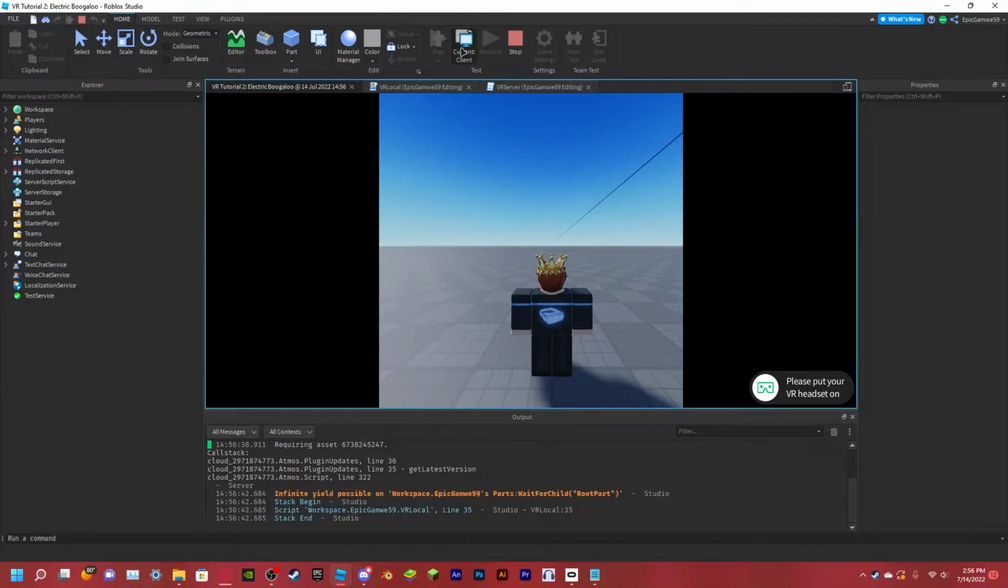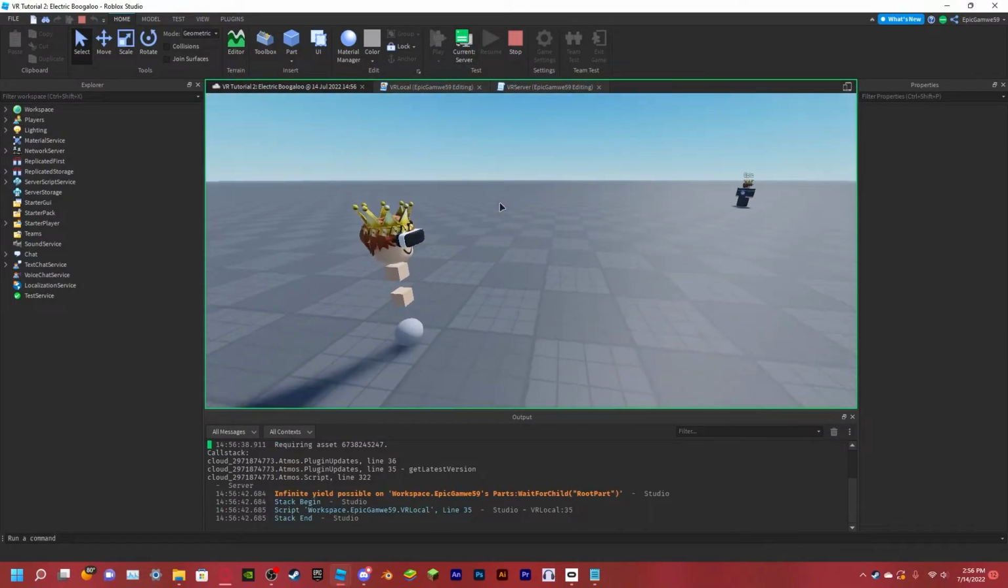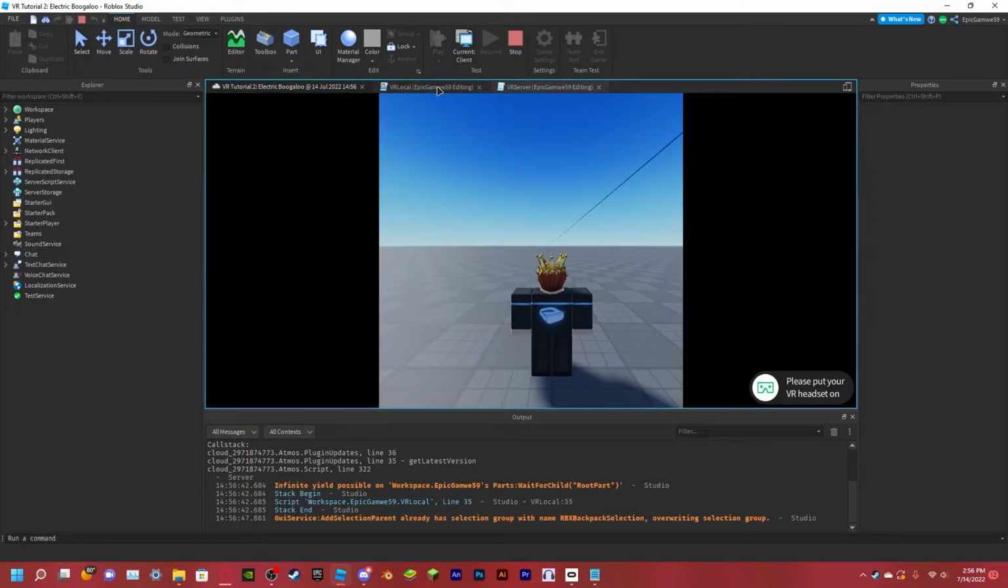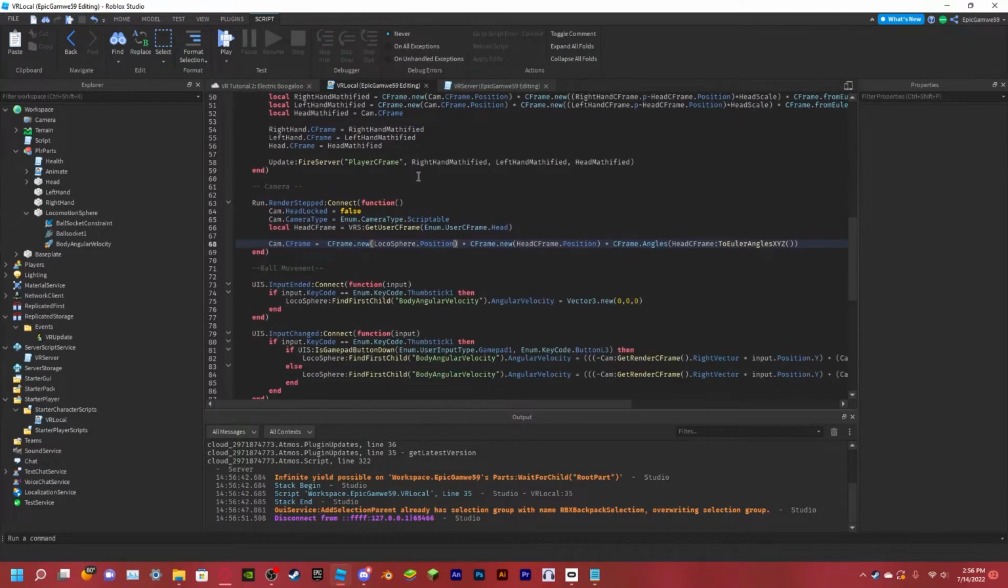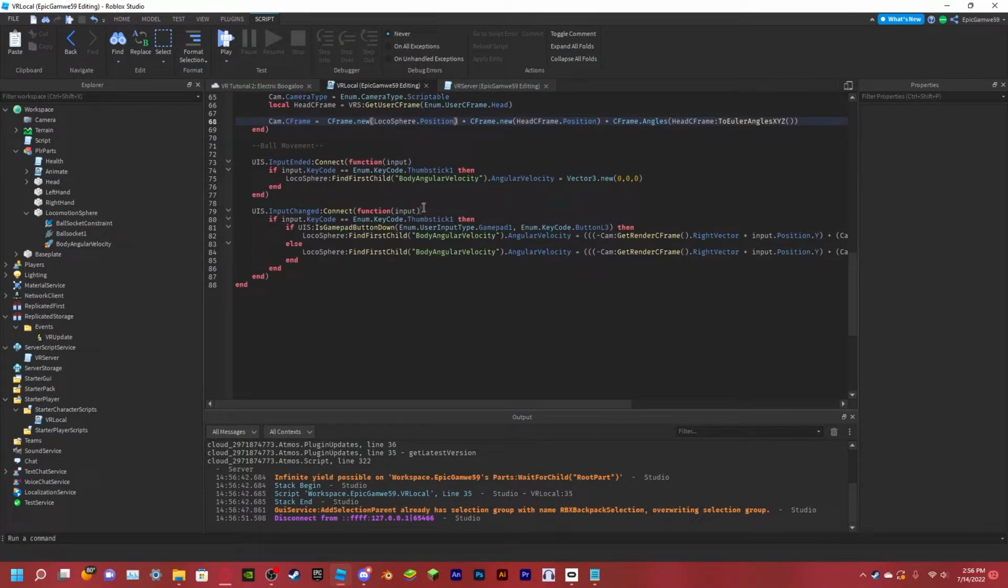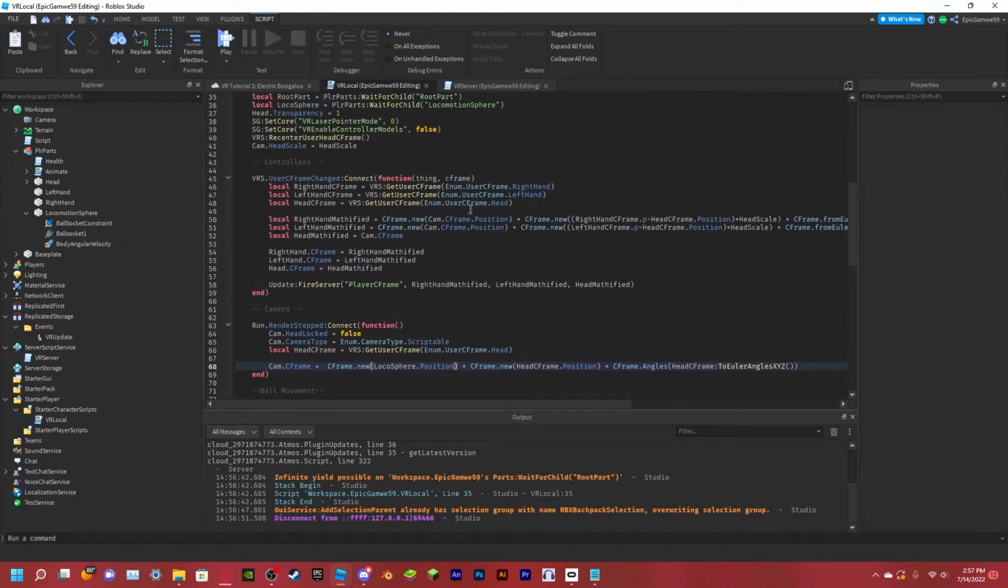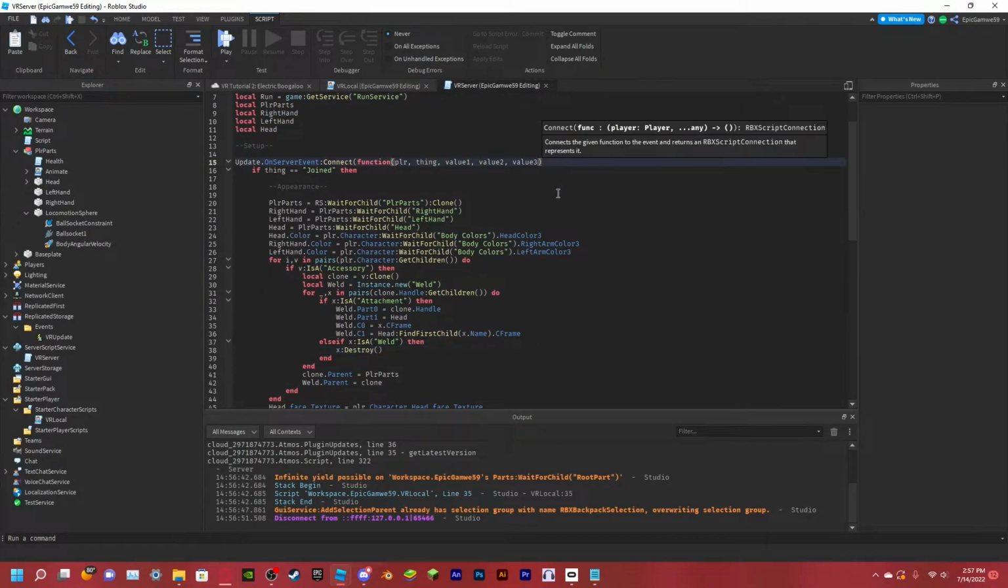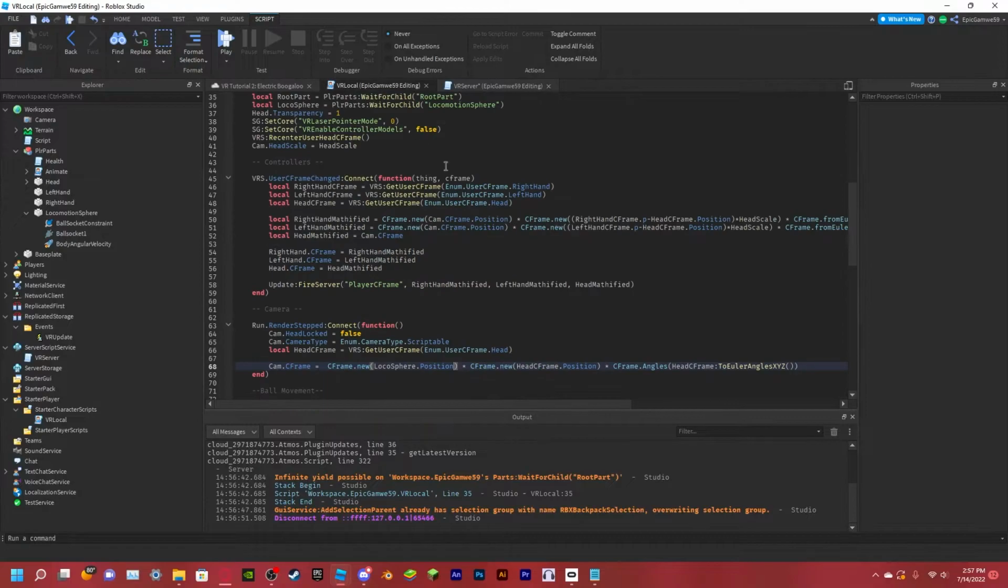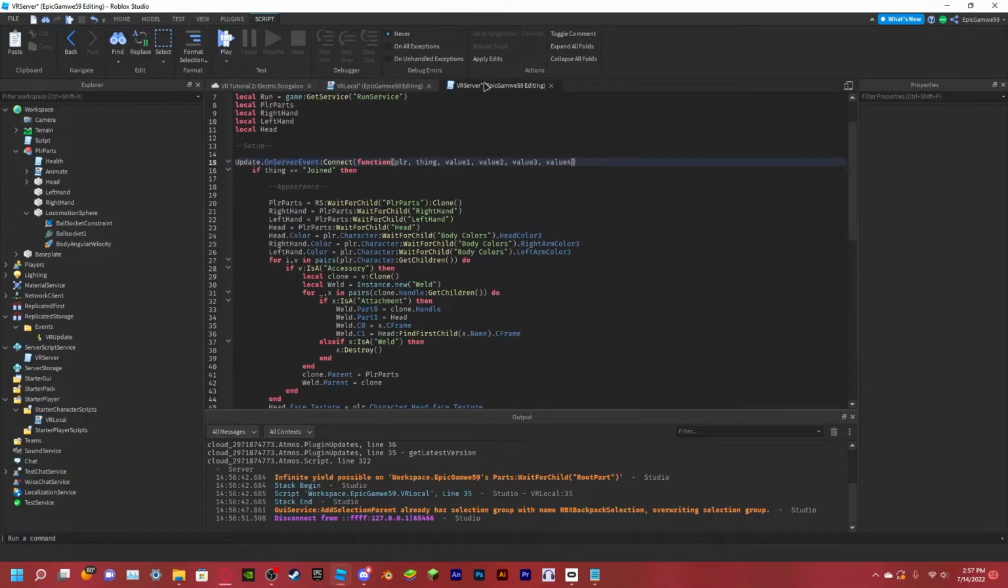I think it worked. Hold on. Yeah, looked like it worked. Oh, I need to add another value here, value 4. So then, here, I'll add locosphere.cframe. Yeah. So now on the server,